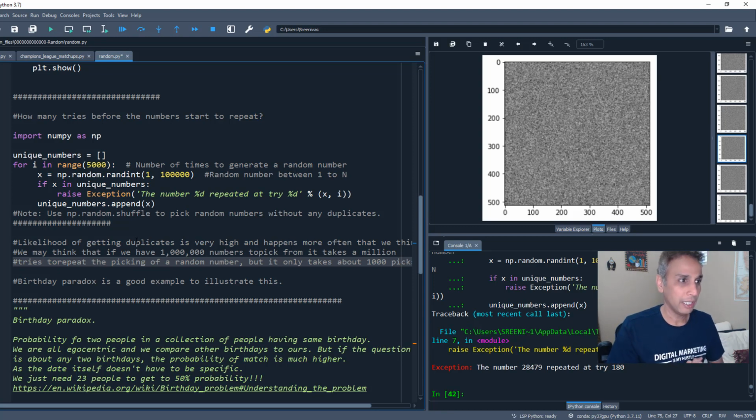Initially, when I saw this question, I thought, that's simple. My birthday is, let's say, May 27th, so I can calculate the probability of someone else having the same birthday, because there are 365 days, and I did this normal probability. But the problem is, we humans are very egocentric.